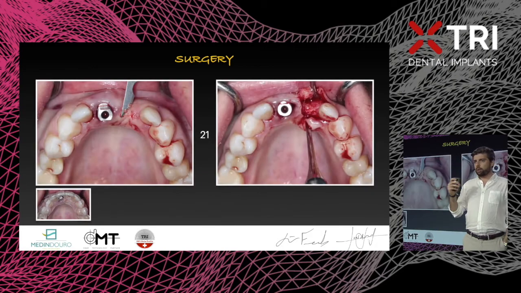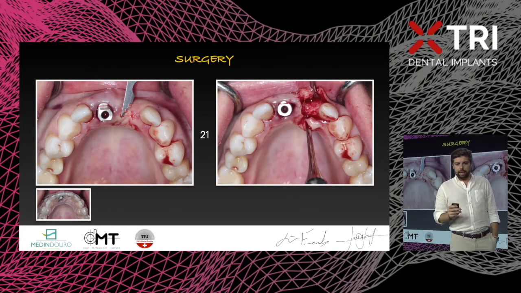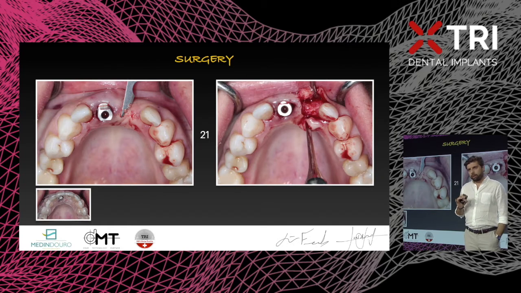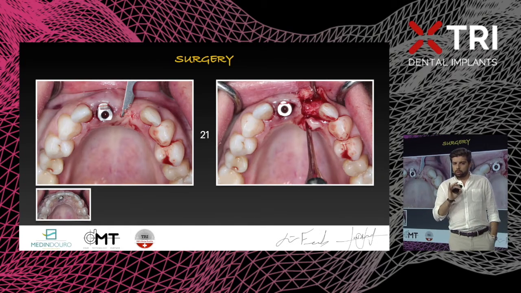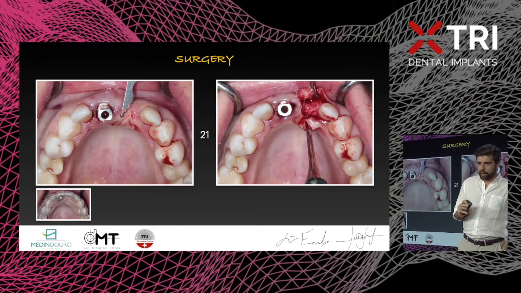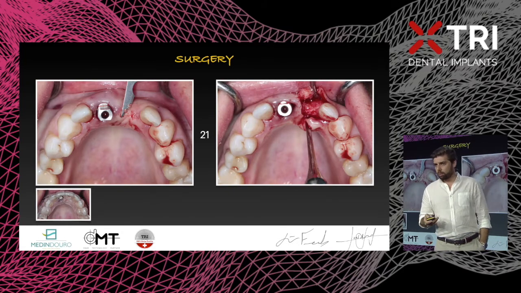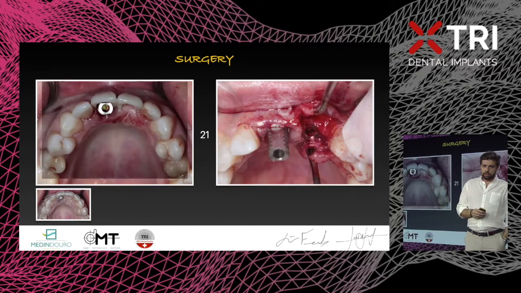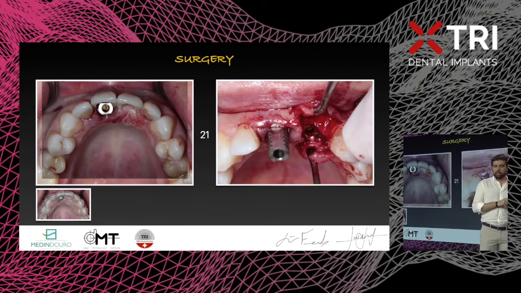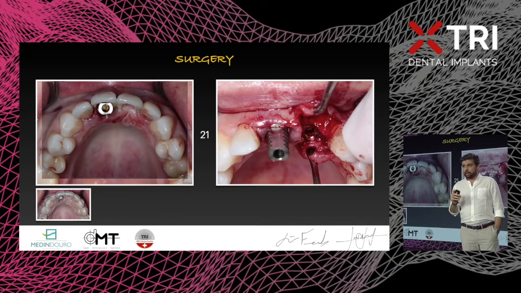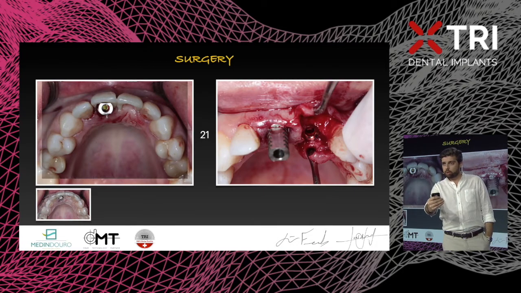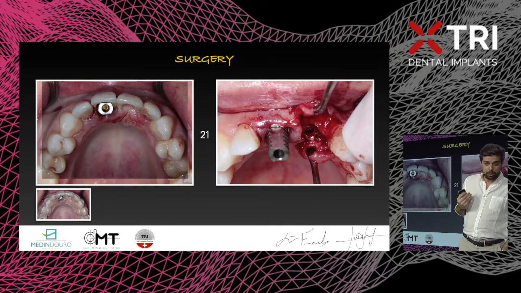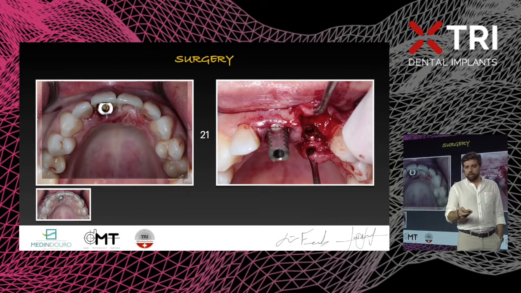We then went for the 21. And again, I opted for a very minimally invasive approach. Very small flaps, doing everything to preserve everything I can in place and to gain what already was lost. So this is the 21 in place, and now you can see the depth of this implant, a so-called multi-level implant, not only a tissue-level implant, in the 21 position.